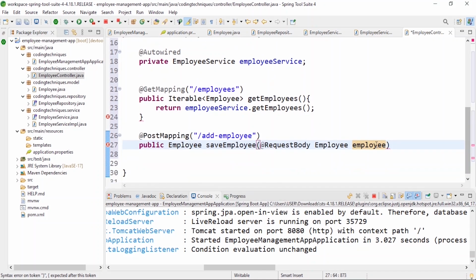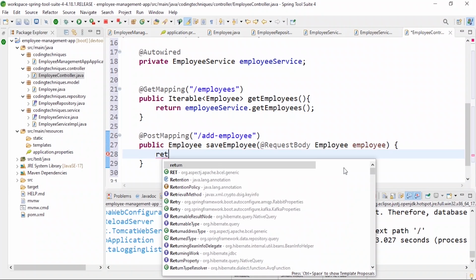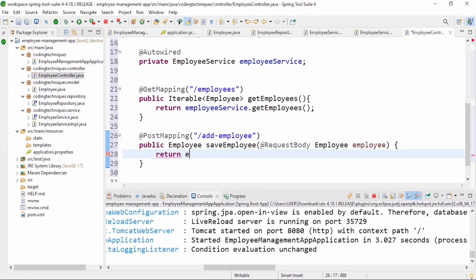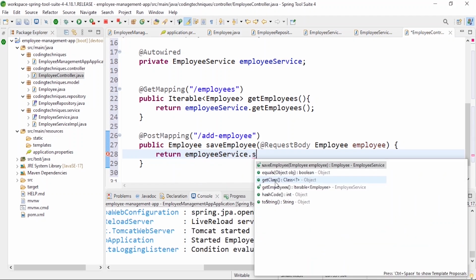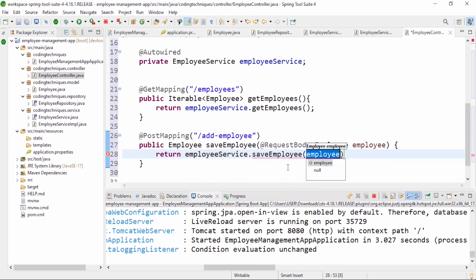Okay, and so we'll return the employee service dot save employee, and we pass the employee as the parameter. Okay, that is all we need to do. Okay, the next thing, we'll try adding